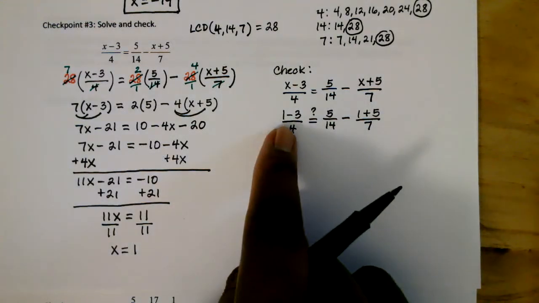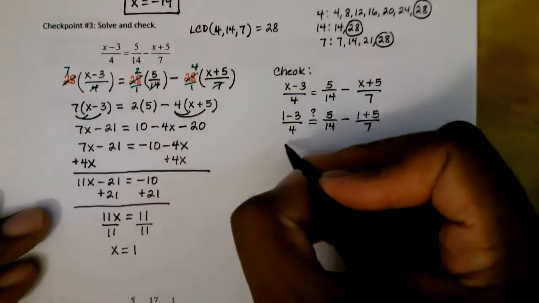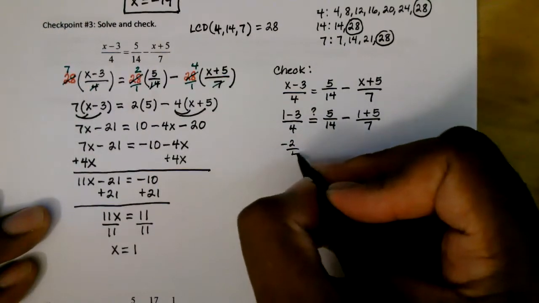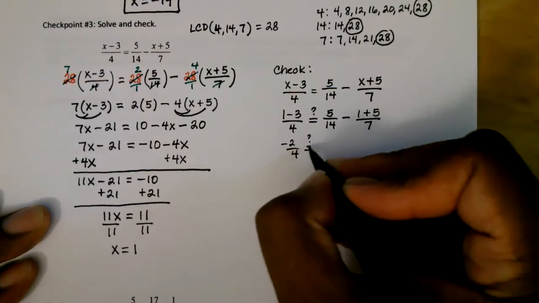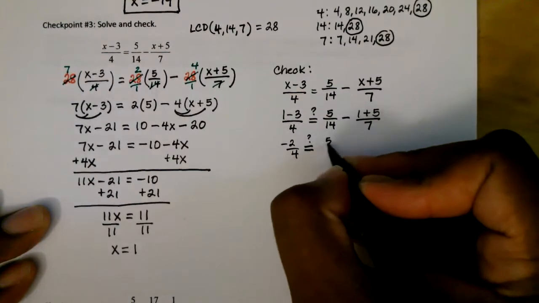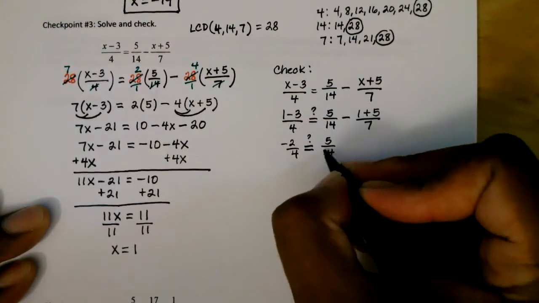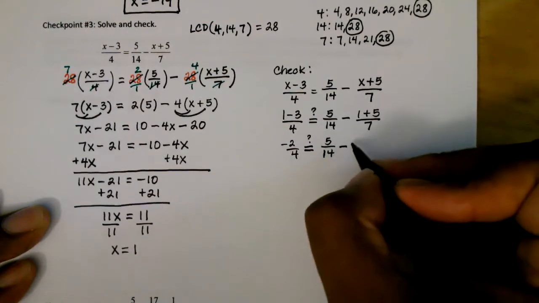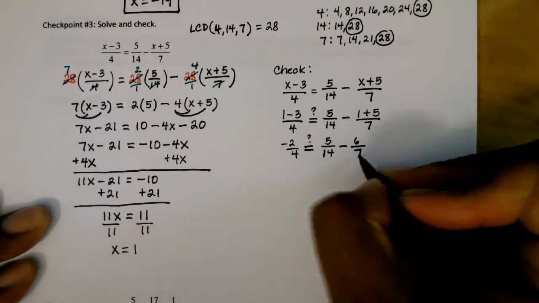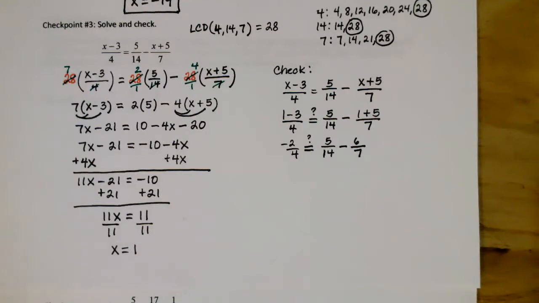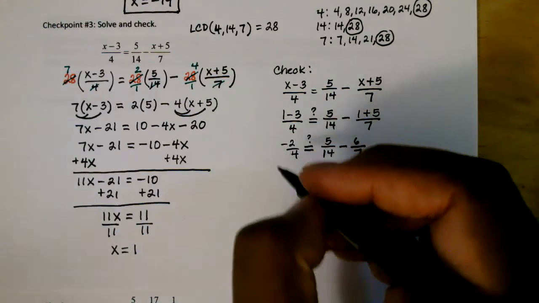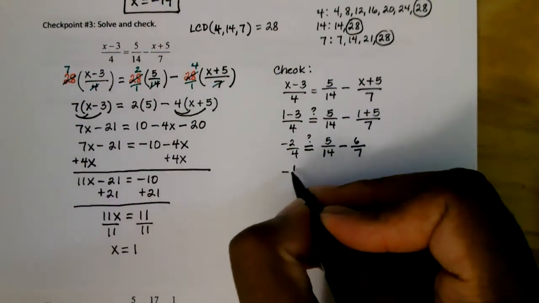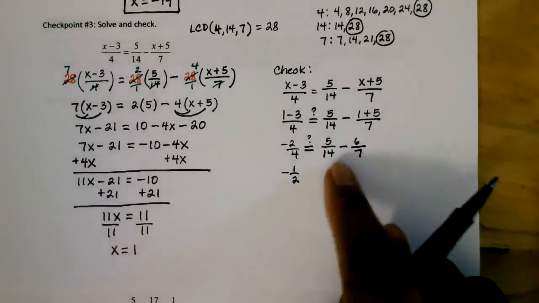Now on the left side, if I do 1 minus 3, that's negative 2. So I have negative 2/4. I want to know if that's equal to this. 5/14, bring that down, minus 1 plus 5, that's 6 over 7. Now, if I reduce negative 2/4, that's going to be negative 1/2. But on the right side,